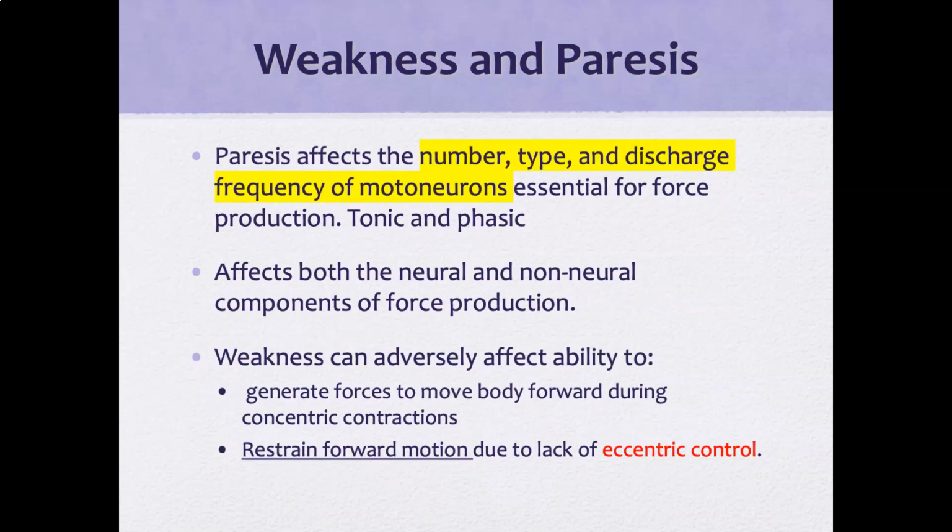What about, okay, you talk about spasticity, but what about if they're just weak? They have weakness and paresis. Paresis can affect the number, the type, and discharge frequency of the motor neurons essential for force production. So they can be tonic and phasic. It affects both the neural and non-neural components of force production. And weakness can adversely affect the ability to generate forces to move the body forward during concentric contractions. It can restrain forward motion due to lack of eccentric control. And lack of eccentric control in quads or glutes can make forward progression or stair climbing very, very difficult, even